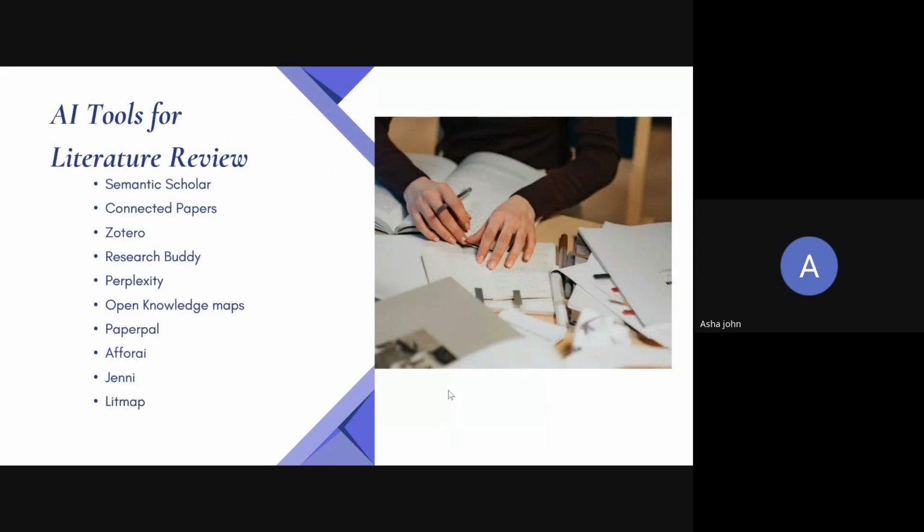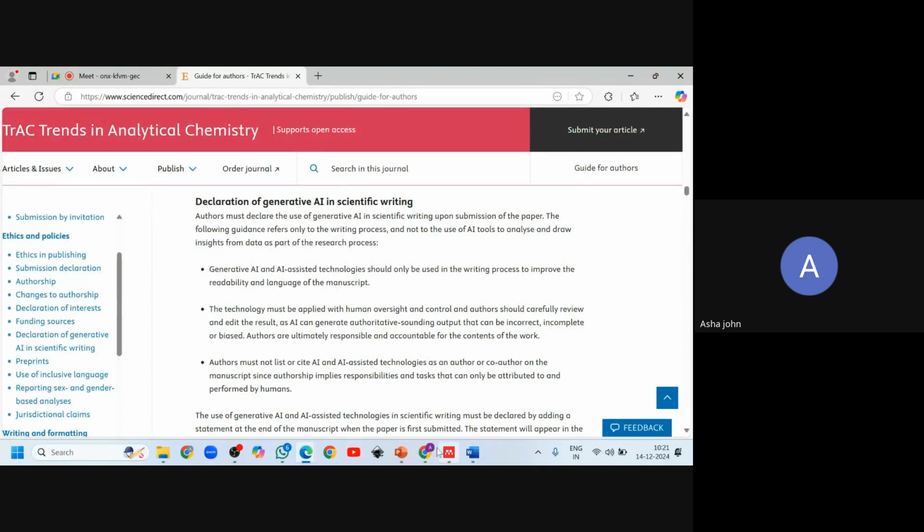So you have lots and lots of papers available in the literature. You cannot go and read every paper that is available. Earlier it was like that. Without the AI tools, we were downloading 200, 300 papers, reading each and every sentence, understanding what is going on in each and every paper, and then summarizing everything. That was done earlier. Now we have these AI tools which will help us to do literature review. You just need to go there and type in something which will help you understand what different literatures are available. So let's take an example.